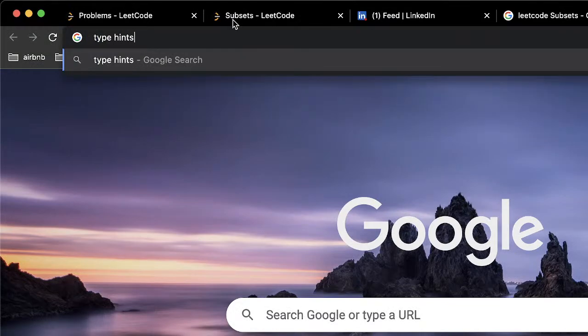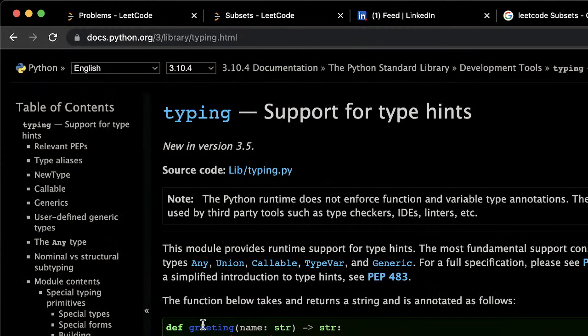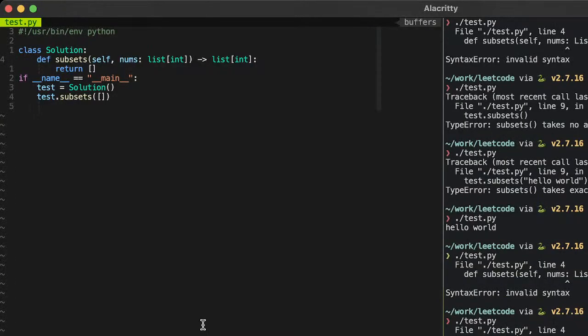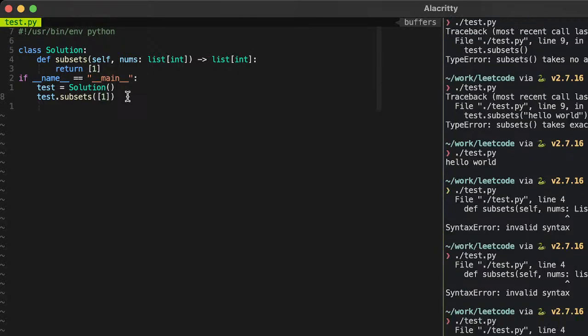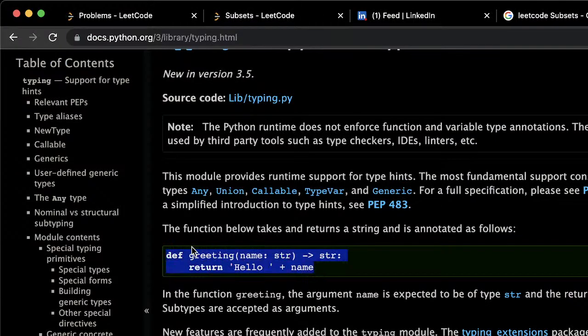Type hints Python. Let's see if I can just run this one.